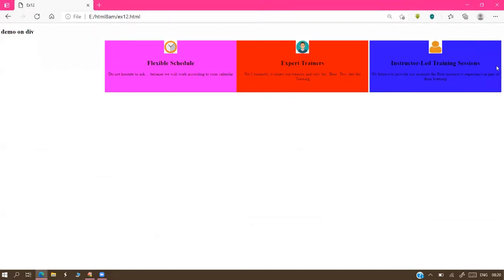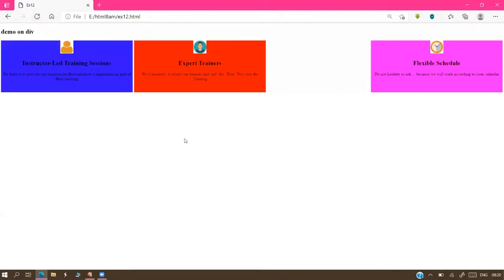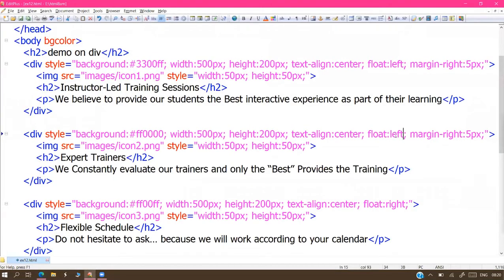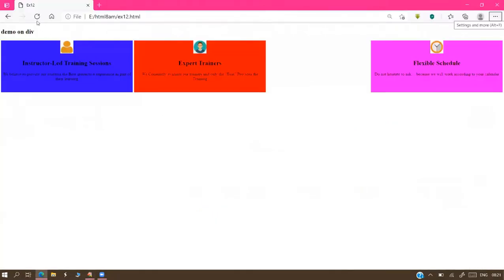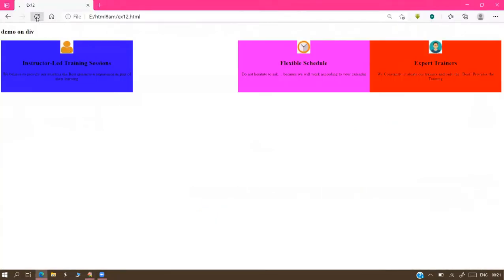Which one, sir? Pink comes on the right side. First two left side alignment, last one right side alignment, and the middle will get the gap. Otherwise, sir, one left and two right, sir. Red also goes to the pink side. Here we'll get the gap. These are different positionings, the float option gives different positionings. Alignments, this does not happen. Alignment meaning is completely different.